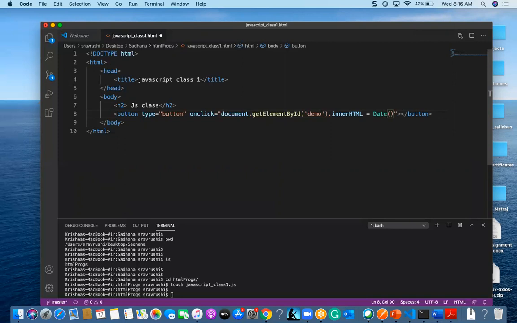So on clicking the button I should get the date.